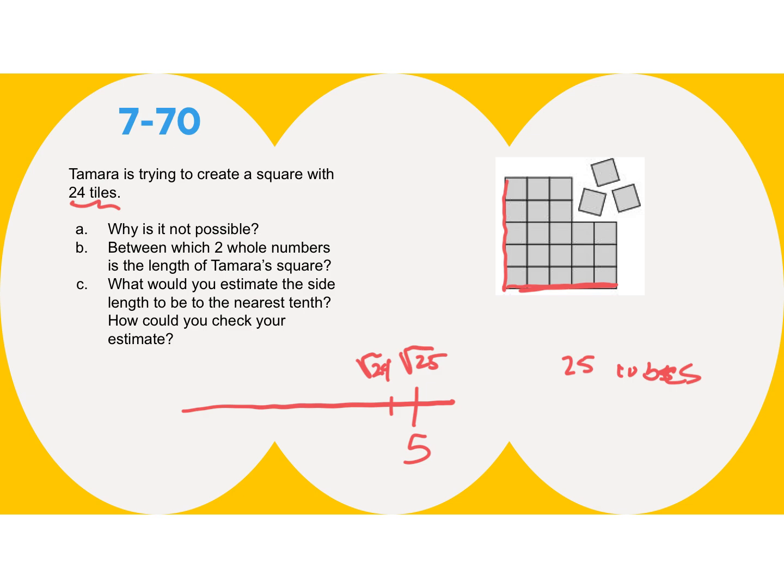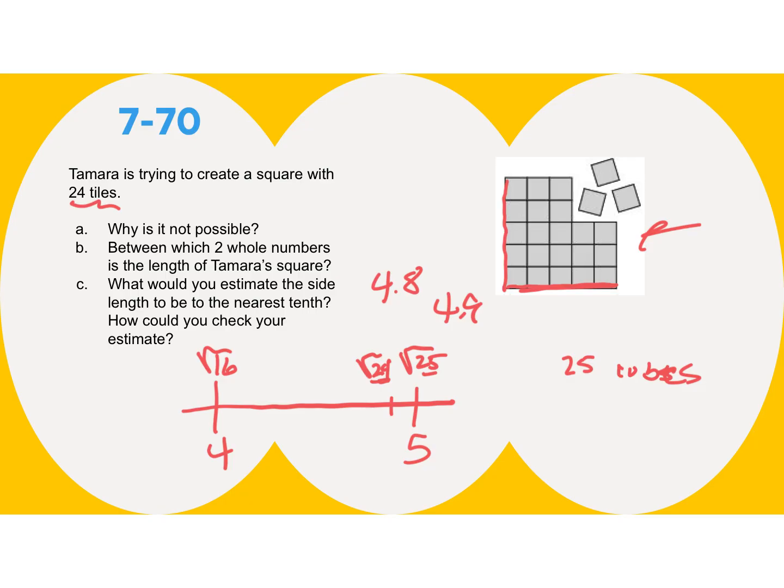The next smallest perfect square I could create would be using 16 tiles, because that would create a 4 by 4 square. So when you look at where the square root of 24 is, with 24 tiles, we're really, really close to a 5 by 5 square that has 25 tiles in it. So we could estimate that tomorrow would roughly need somewhere between 4.8 and 4.9 by 4.9,